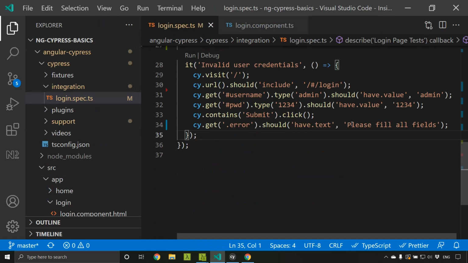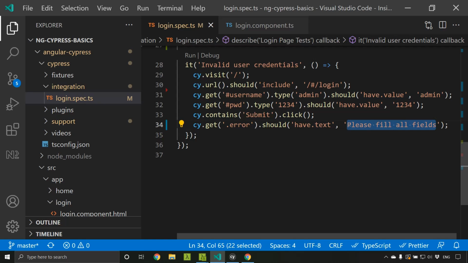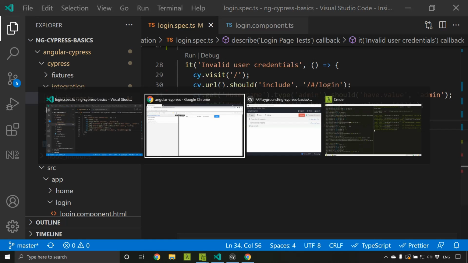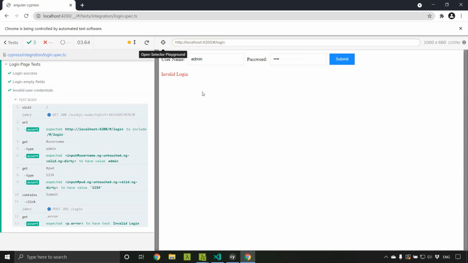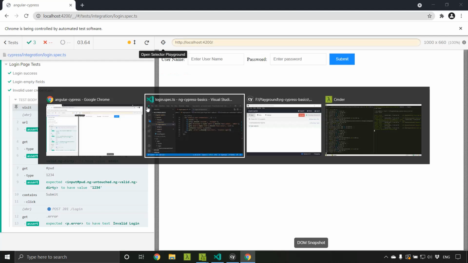So here I'm changing the text. Now let's see how it executes. So here you can see that it executed successfully, and the error message is shown here.